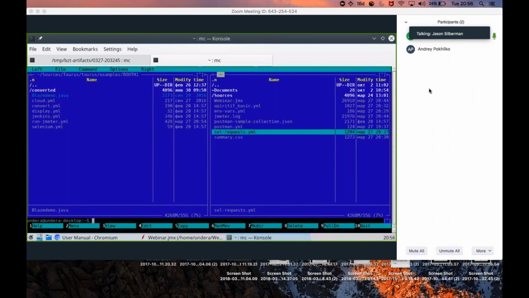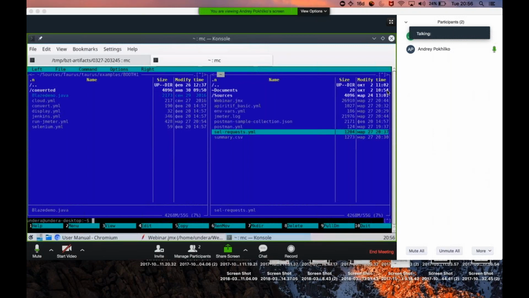In a Taurus YAML file, how do you tell it what category of tests you would like to execute? Maybe I'm not sure what it means by category. Maybe it means which executor itself. So let's try to answer these questions in several ways. First, in Taurus, we can specify with,